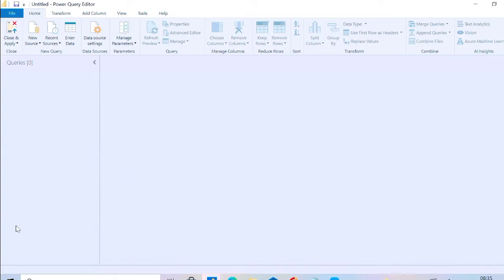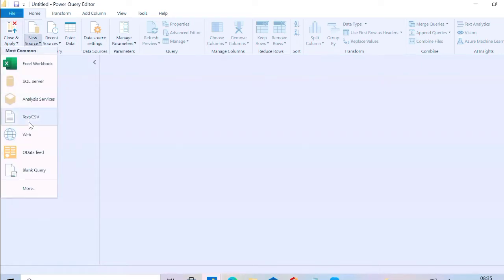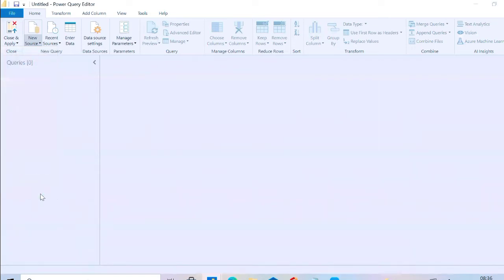Here we are also able to extract the data, and from Power BI desktop also we are able to extract that data. Let's see how we can extract from here. Here we have this new source option. Whenever you click on the new source option, it will display only a few options to us. If you click on the more option,